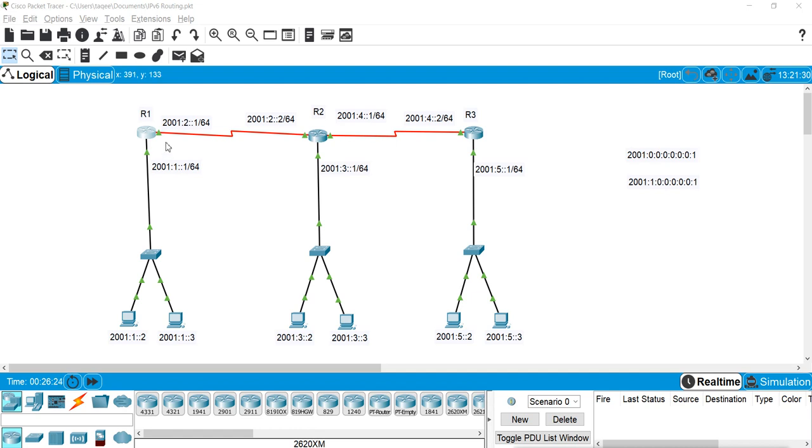So in this router 1, we have connected networks 2001:1 and 2001:2. These two networks are connected, the rest of the networks are not connected. So what we'll do, we will mention those rest of the networks like 2001:3, 2001:4, 2001:5.